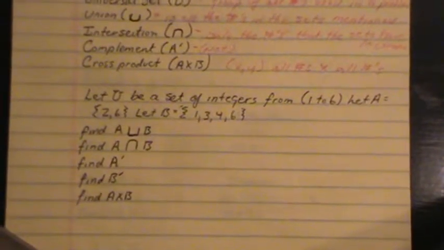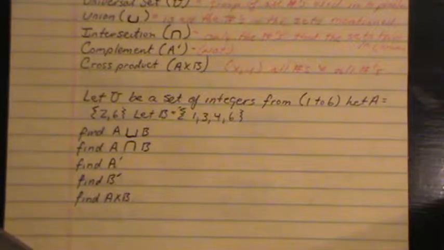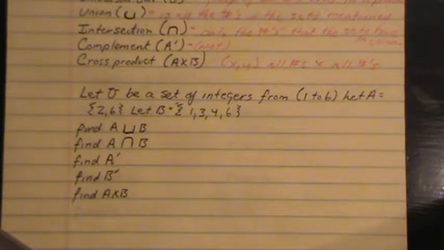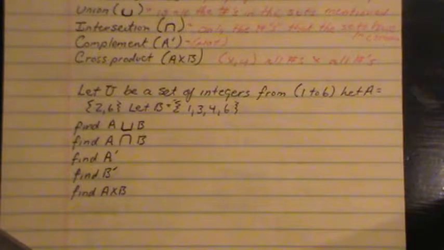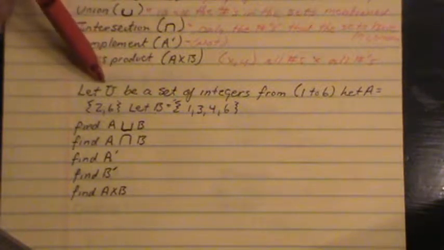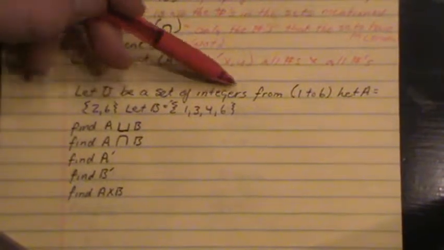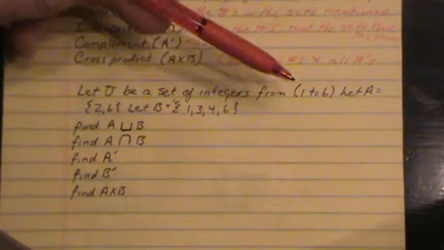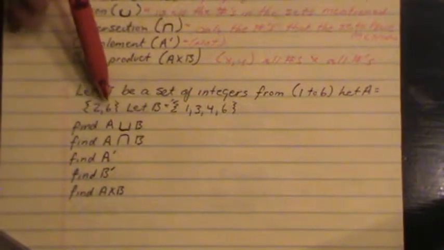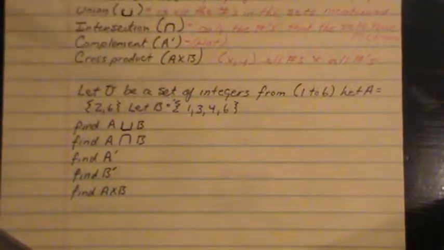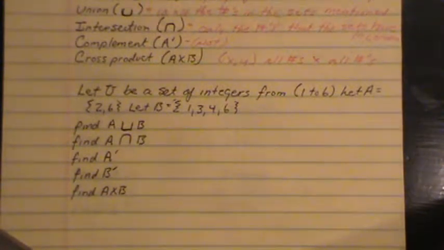Now, here's a problem. They get a little bit more complex than this, and I'll cover a lot of this in class, but this is the basics. There are 2 different ways you can look at this. In the word form, let the universal set be the set of integers 1 through 6. Let A be 2 and 6. Let B equal 1, 3, 4, and 6. I can draw this so I can identify